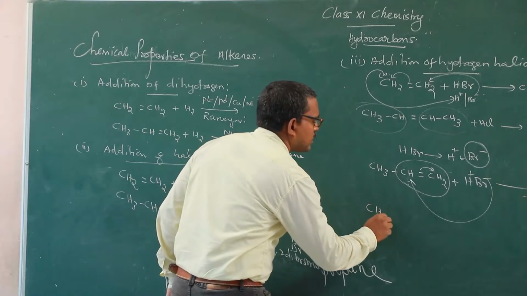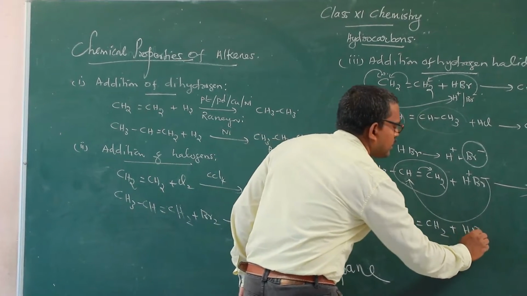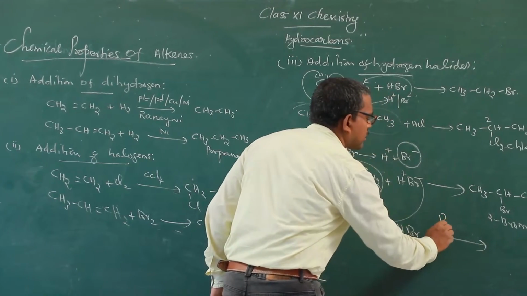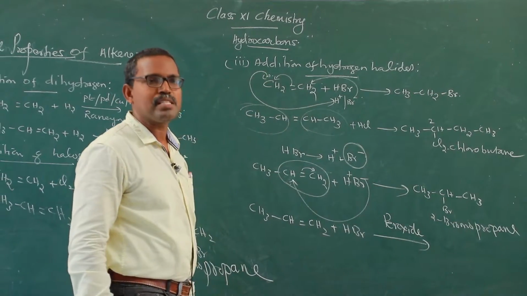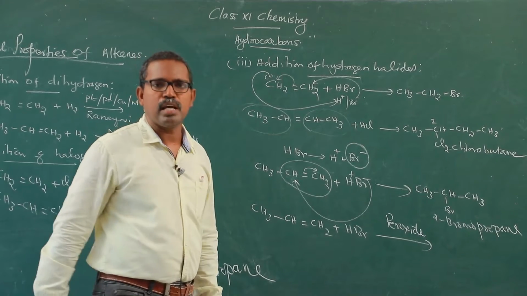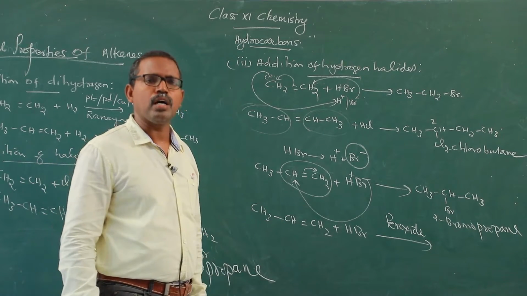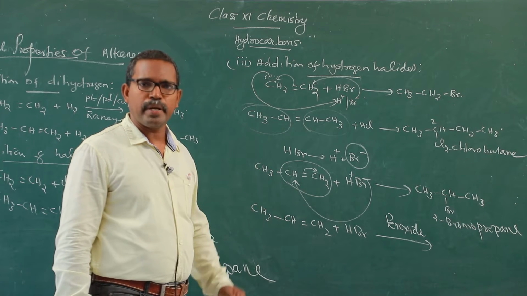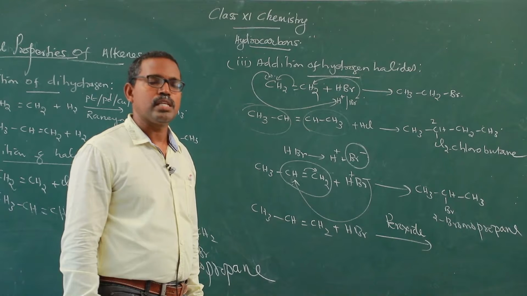So CH3-CH=CH2 reacts with HBr in the presence of peroxide, any one of the peroxides, hydrogen peroxide or benzoyl peroxide. Normally benzoyl peroxide is used for this peroxide effect because the reaction follows the free radical mechanism. Benzoyl peroxide easily forms